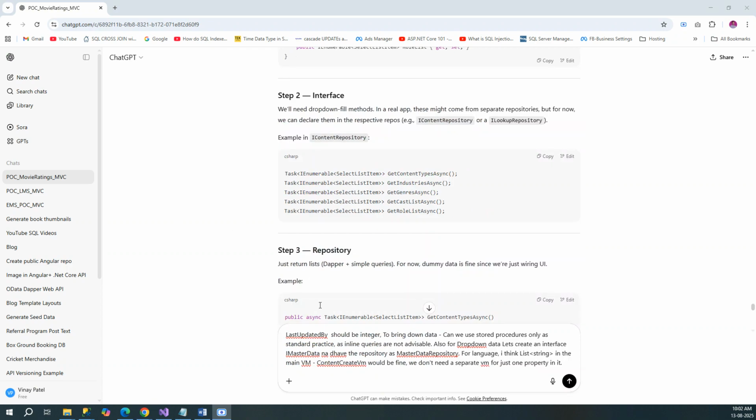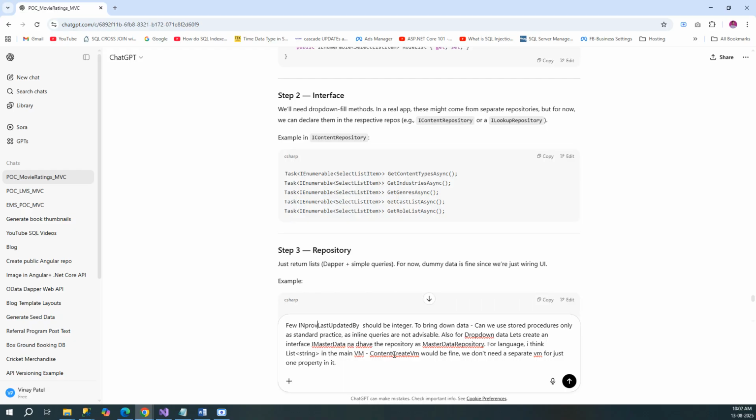Okay, let's push this to improvements. Now I just prepare the prompt in the background. What are the corrections required? Last updated date should be integer. We are telling it, right? Then, to bring drop down data, a few improvements, so it understands them. Can we use stored procedures only as standard practice,